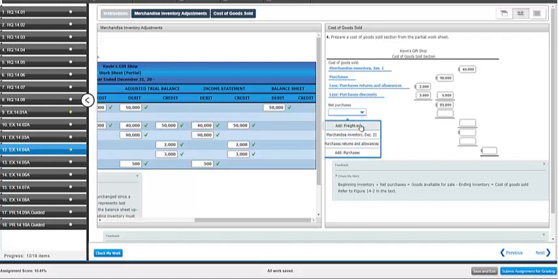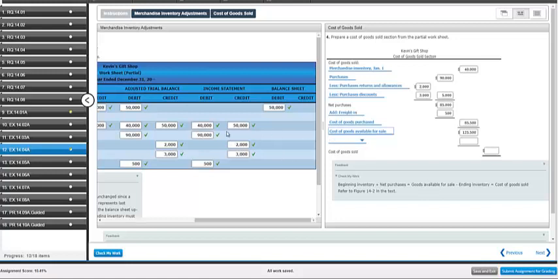There's one little thing that adds to the cost of our purchases, and that's our freight. We'll add that back. And so our cost of purchases would be $85,500. So we started the year with $40,000. We've purchased $85,500. So our goods available for sale is $125,500. That's all the goods that we could possibly have sold to our customers for the year, everything we had on